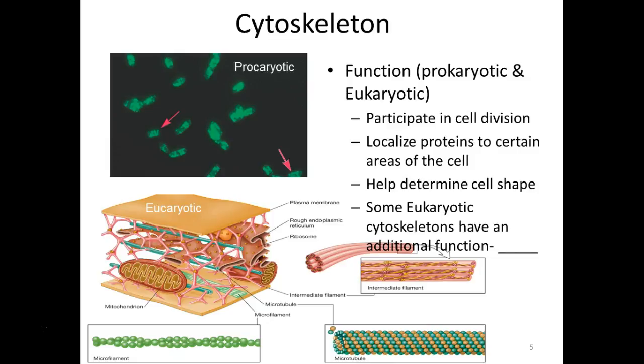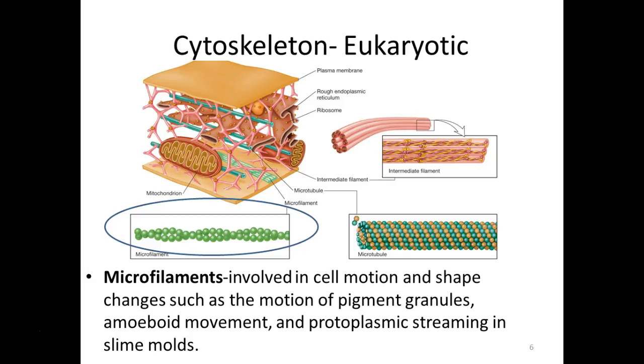So some eukaryotes have additional functions, right? It's a much more complex cytoskeleton, right? We have three major components that we talk about when we talk about the eukaryotes. We talk about microfilaments. So in addition to helping with cell shape and localizing things in cell division, these guys help in cell motion, shape changes,